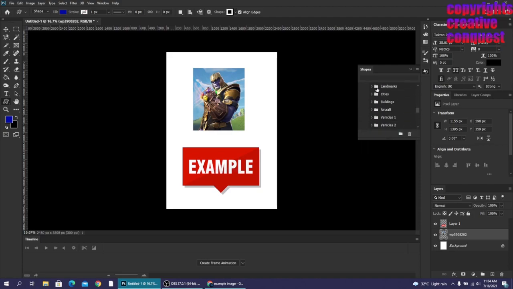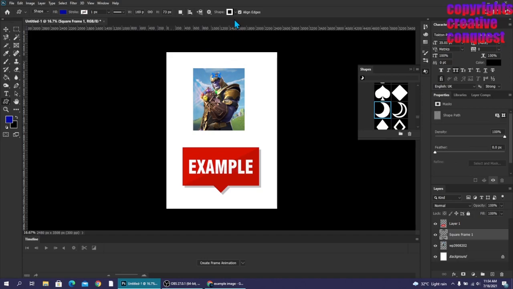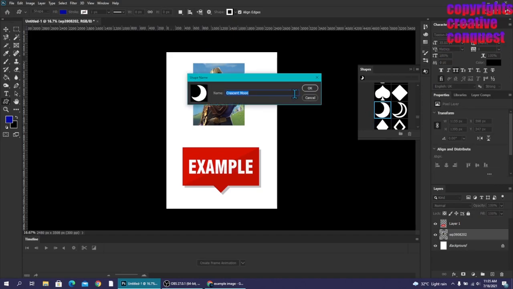Now here you will see many things like the house shapes, aircraft, and many more things in the legacy shapes. All legacy default shapes are the other shapes. The shapes are the star, rectangles. So this is a crescent. I will be drawing it on Thanos face. Let's select the crescent. Okay.